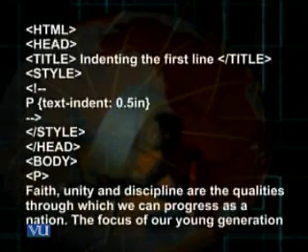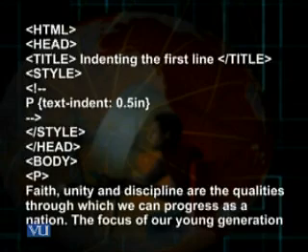As you can see in the slide, I start with the style tag and I give the style definition. The only style definition I have given is for the paragraph tag, then the curly bracket. I use the style sheet property text indent, and I give its value 0.5 inches. Then I close the curly bracket and close the style tag. This is the embedded type. Then I start with the body tag, and I have used two paragraph tags.